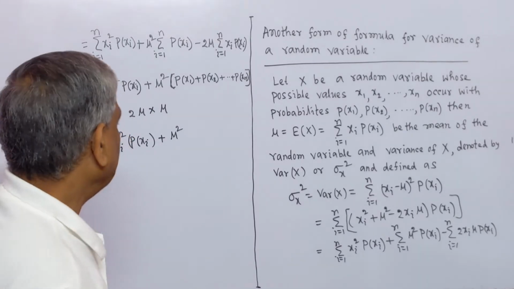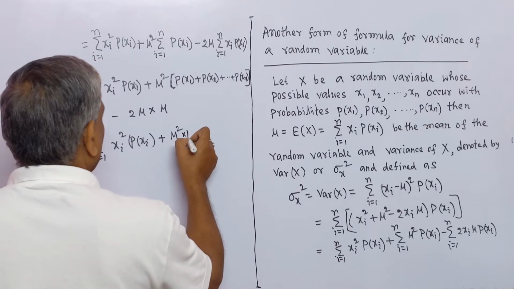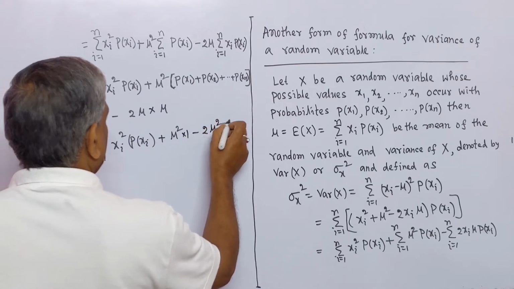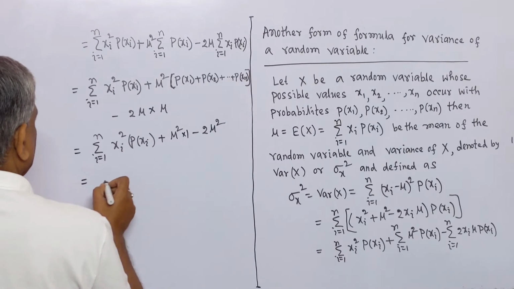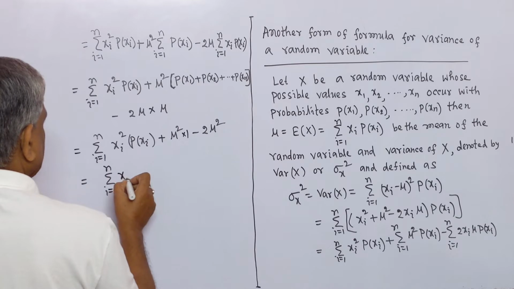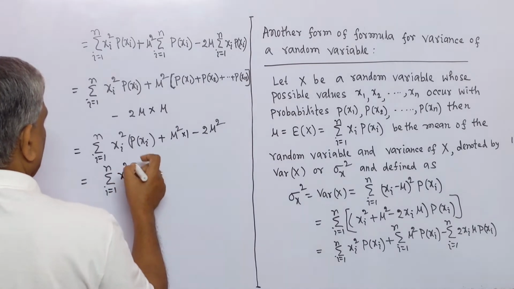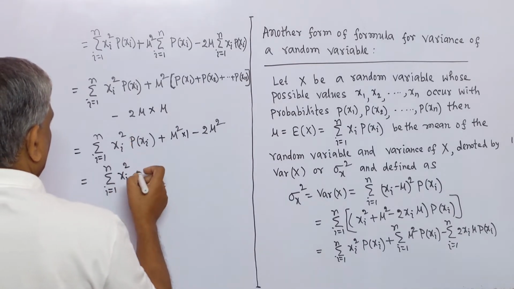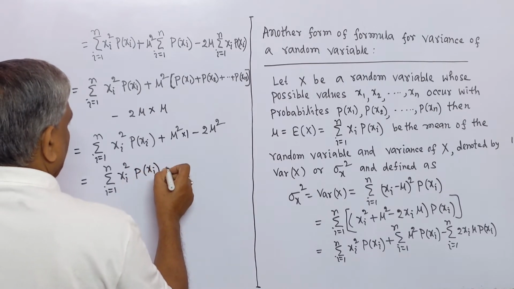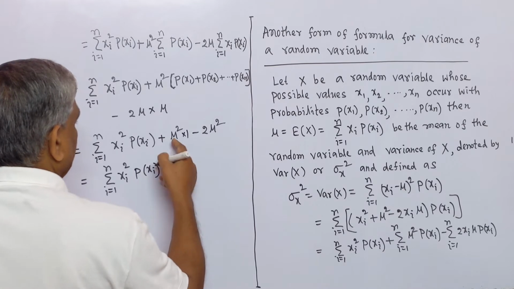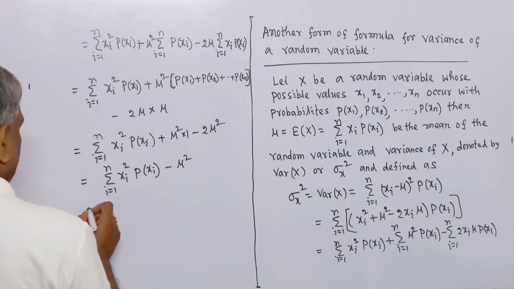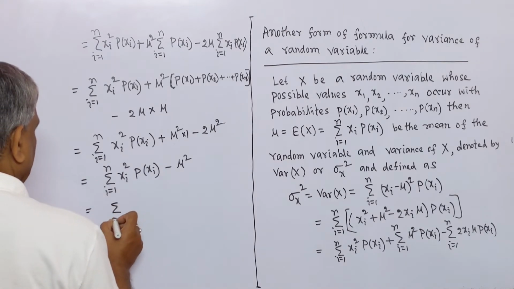We know this, and this is equal to 1 minus 2 mu square, and this equal to sigma i equal to 1 to n xi square pxi minus mu square. Mu square minus 2 mu square is minus mu square,